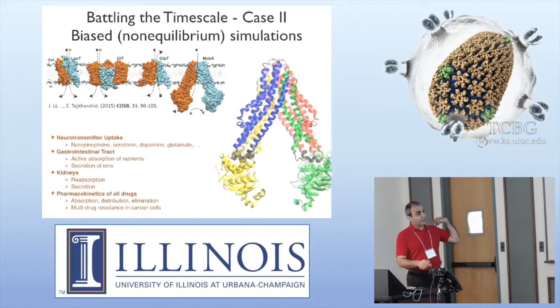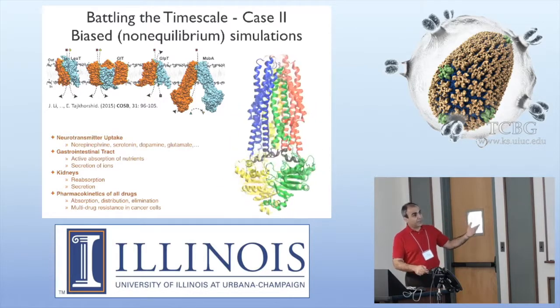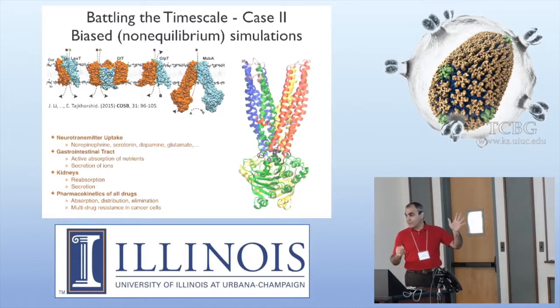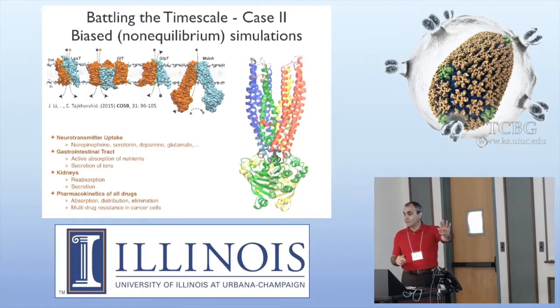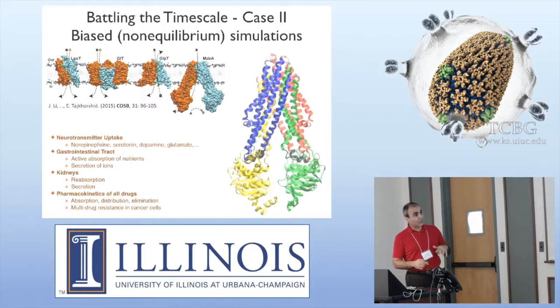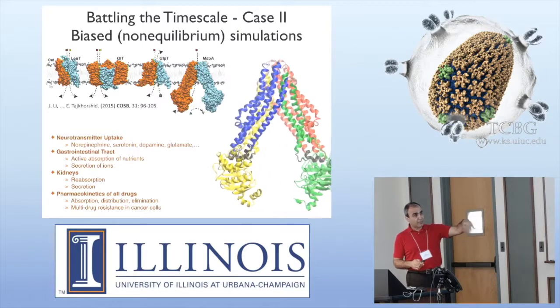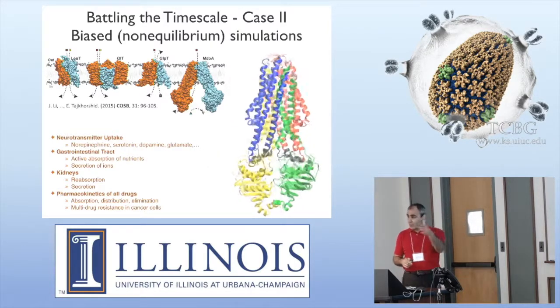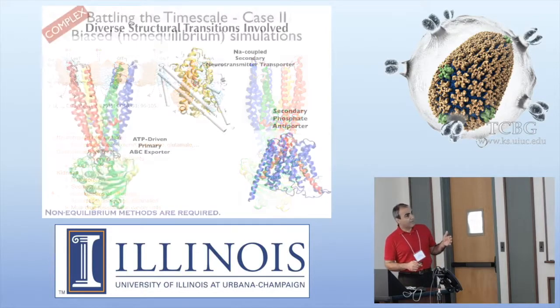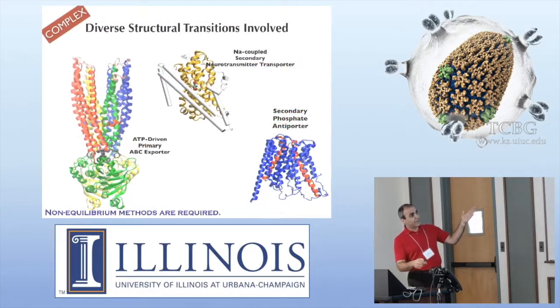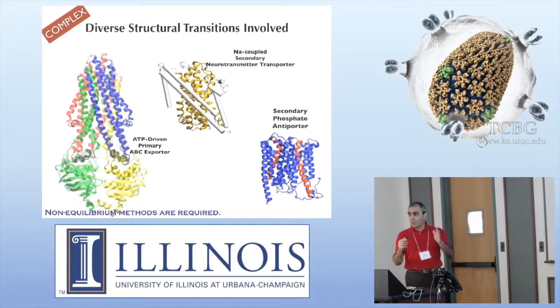So you see we are interested in this very complex process. I mean, if you do RMSD, you completely mess it up. If you use RMSD as a collective variable or your reaction coordinate, it's impossible to capture this complex sequence of events, let me say. So these are some examples of different transporters all doing the same thing,